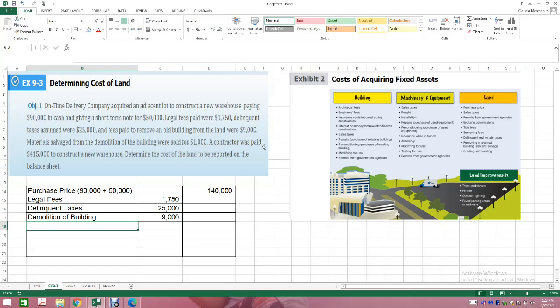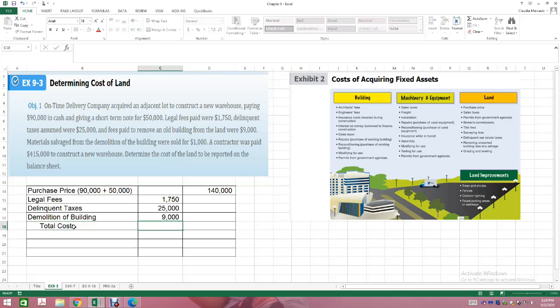Then they let us know that a contractor was paid $415,000 to construct a warehouse. The cost of the warehouse is not associated with the cost of land. Right now we're trying to figure out the cost of the land to be reported on the balance sheet. The land is just the land, the piece of land by itself. The warehouse has nothing to do with that, so we don't have to use that information. So now that I have gone through all of the information, I can go ahead and calculate my